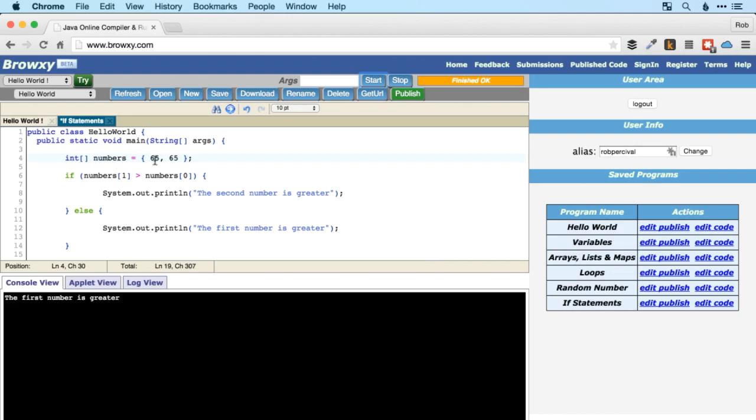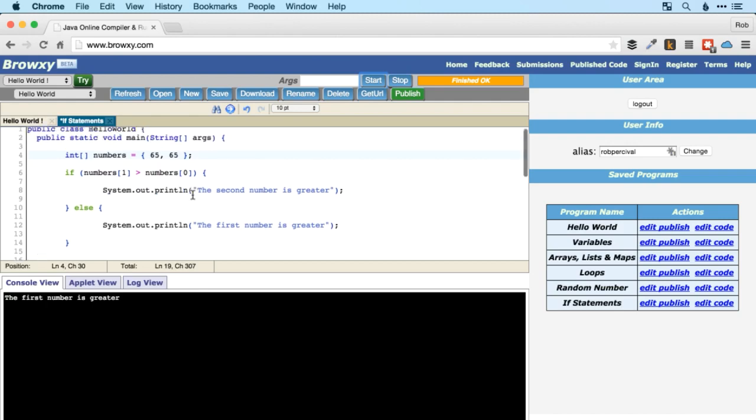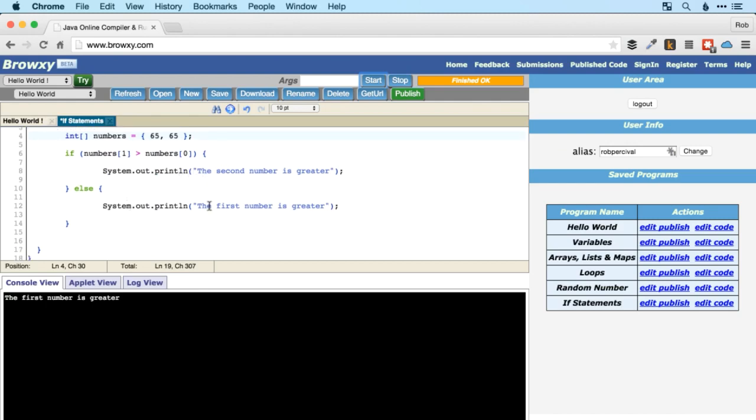If you end up with 2 numbers which are the same in your array, it's going to say that the first number is greater because I did strictly greater than there rather than greater than or equal to. So really I needed 3 options, because either the second number is greater or the first number is greater, or they're the same. So to make this completely correct, I should use a second check to check whether numbers[0] is greater than numbers[1],